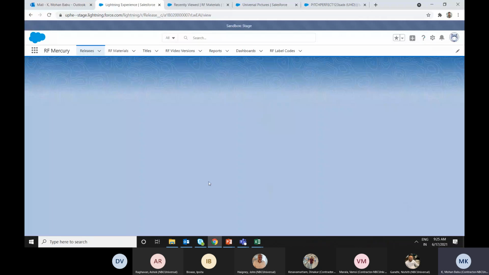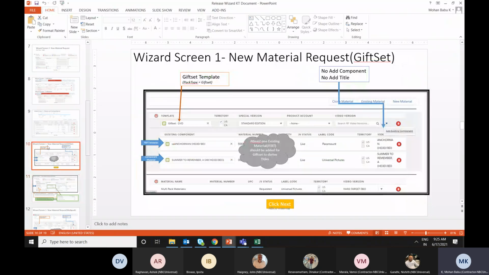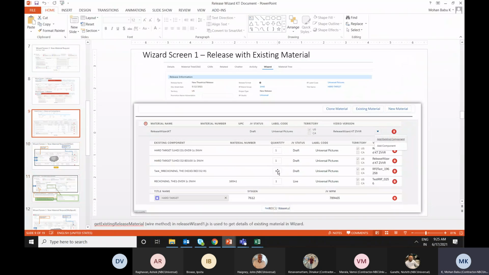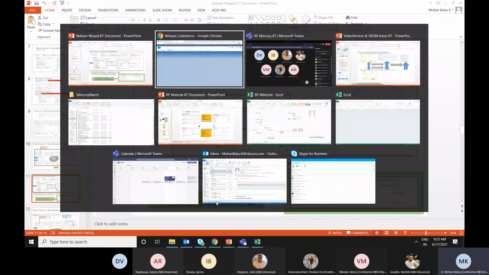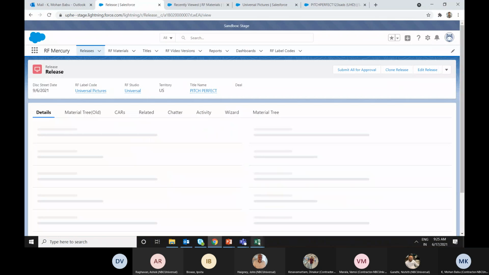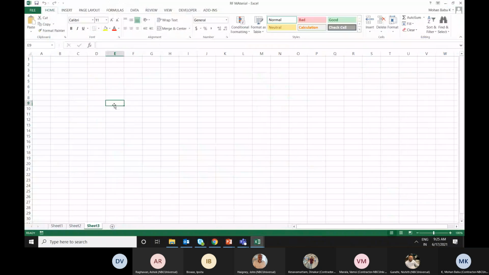We have the quantity. In screen one, we have the quantity here. Based on this quantity, the allocation percentage for the existing material is calculated. For example, we have added two materials, material 1 and material 2.